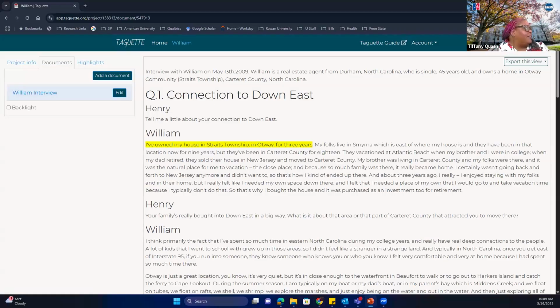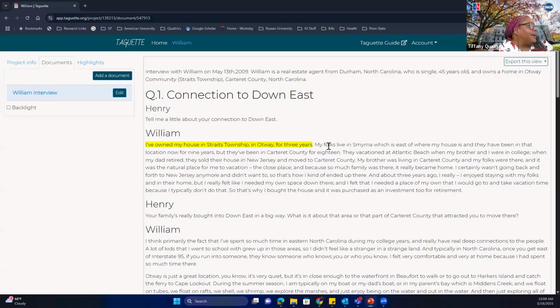So the other cool part about tagging, let's say, for instance, you have a parent code and a child code. A parent code is typically the overarching code, and then the child code is like mini codes that go underneath the parent code. Does everybody understand that part? So you can actually do that in vivo as well. In vivo, they call them nodes, and you can do it in Deduce. I believe you can do it in MaxQDA and Atlas TI as well.